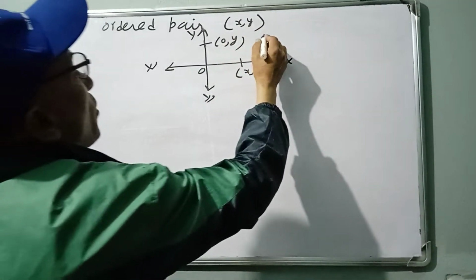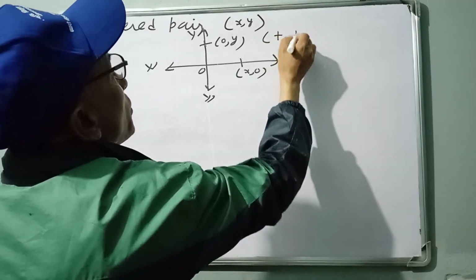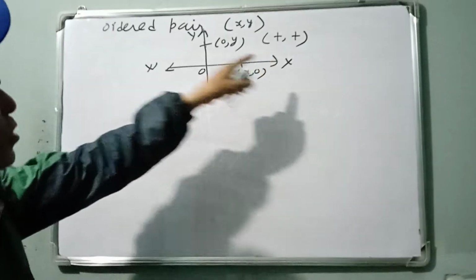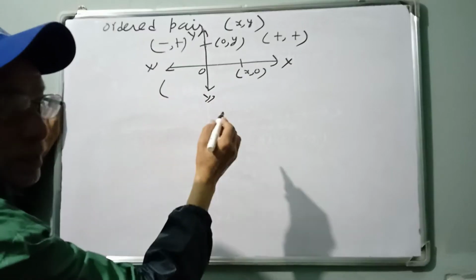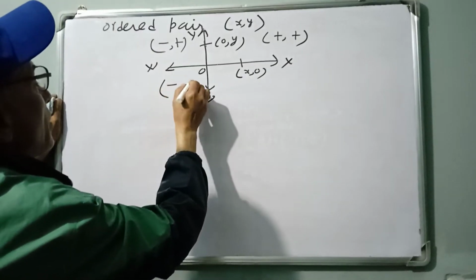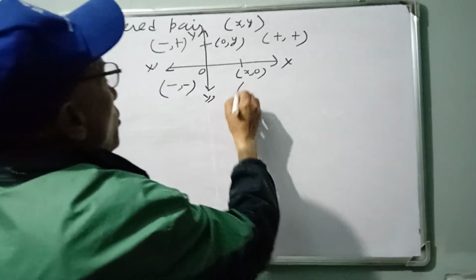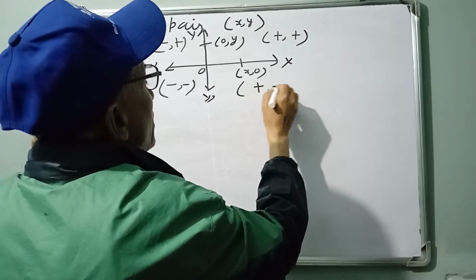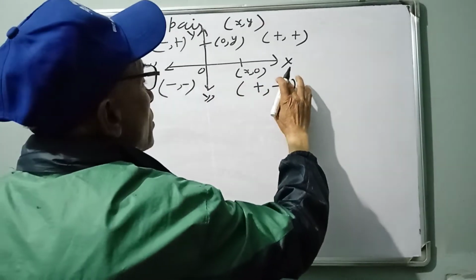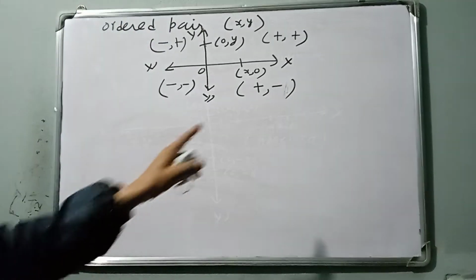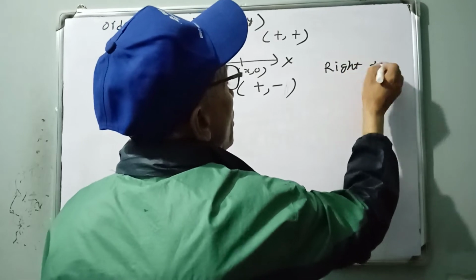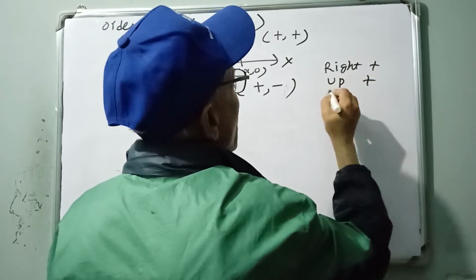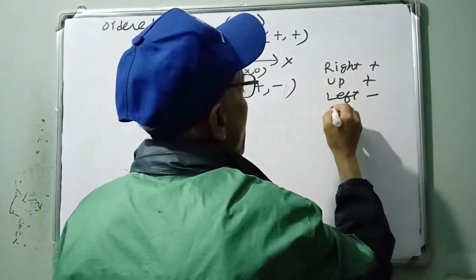X'OX, Y'OY. First thing, all positive. First quadrant plus plus. Second quadrant minus plus. Third quadrant, any coordinate is minus minus. Fourth quadrant plus and minus. How to know? Right side plus, up plus, left minus,